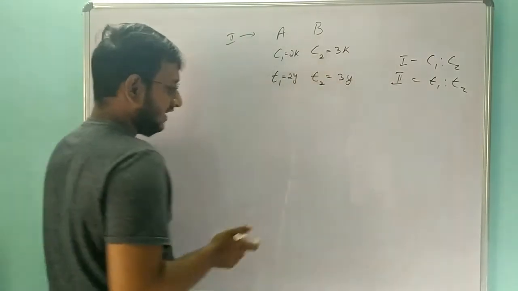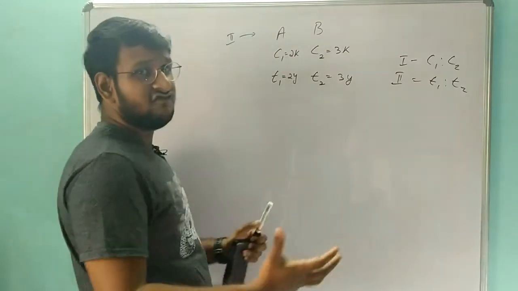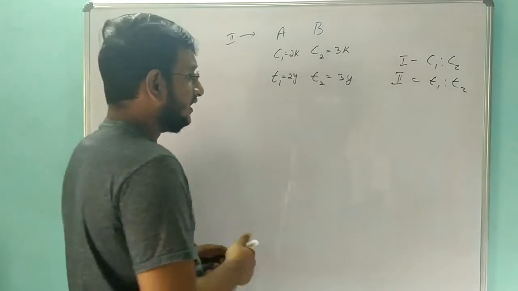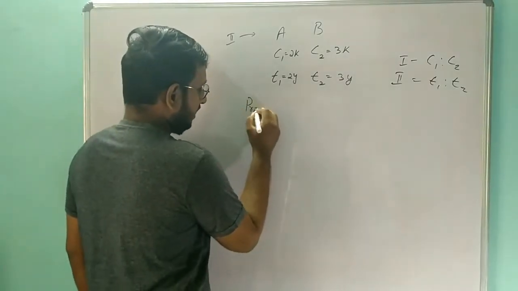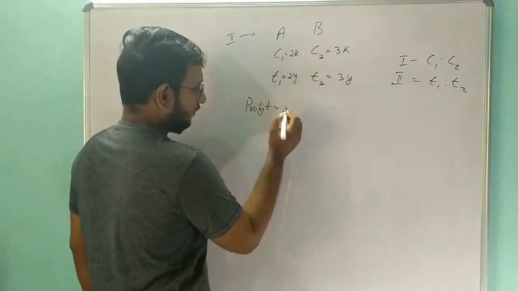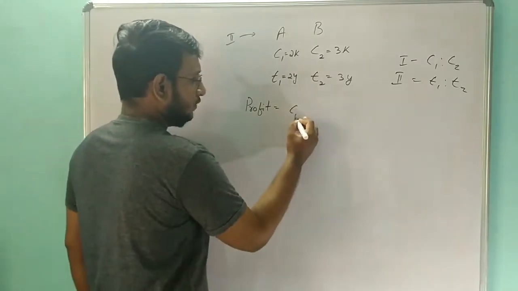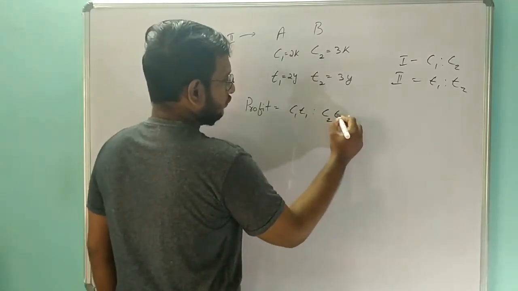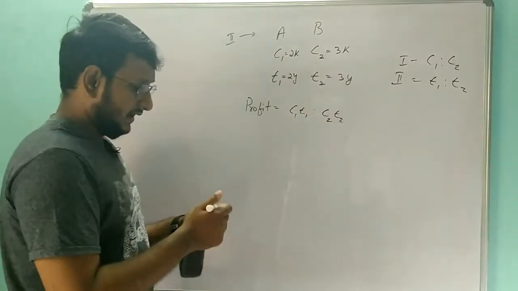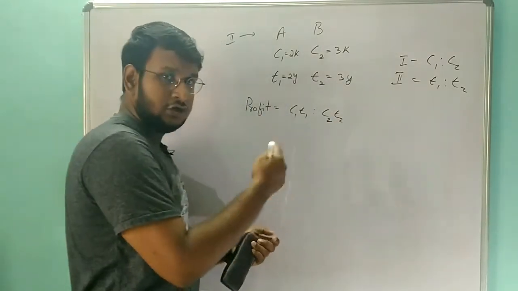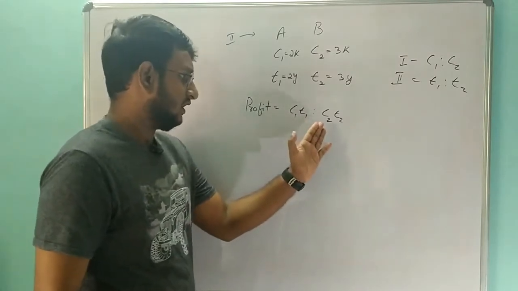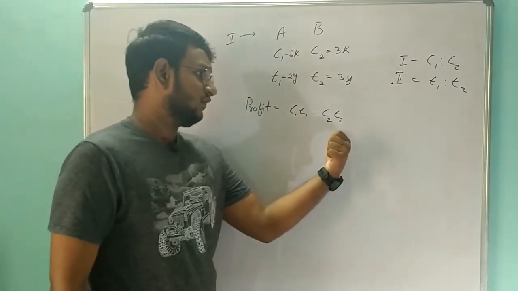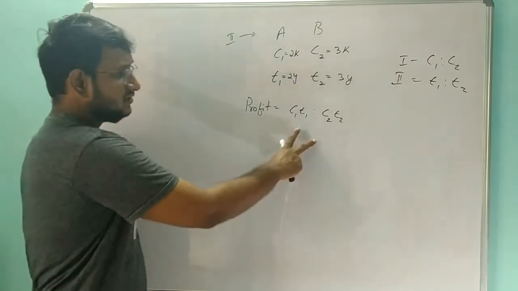Okay, so in this case both the time period and the investment are changing. So in that case we need to use another formula. In this case, in order to find the ratio of profit, we use this formula, that is C1 into T1 is to C2 into T2. We are multiplying the investment by time, for A stakeholder as well as for B stakeholder. Okay, so this is the formula.